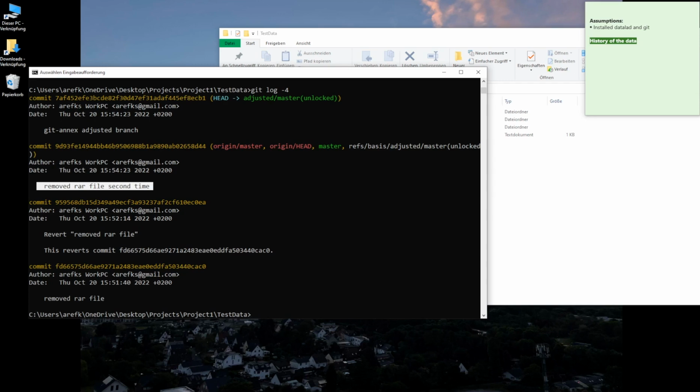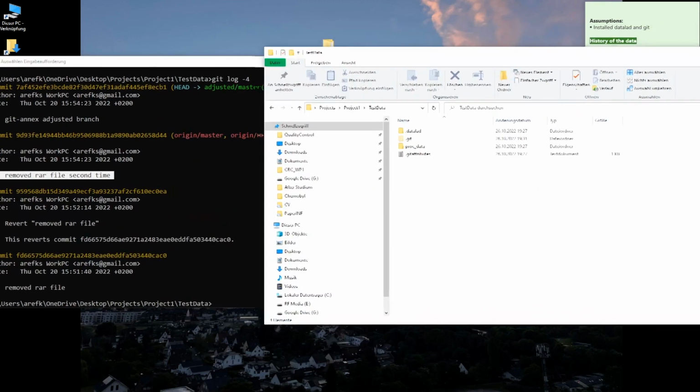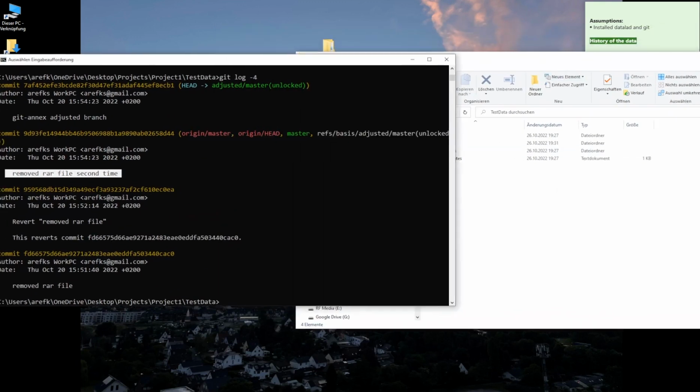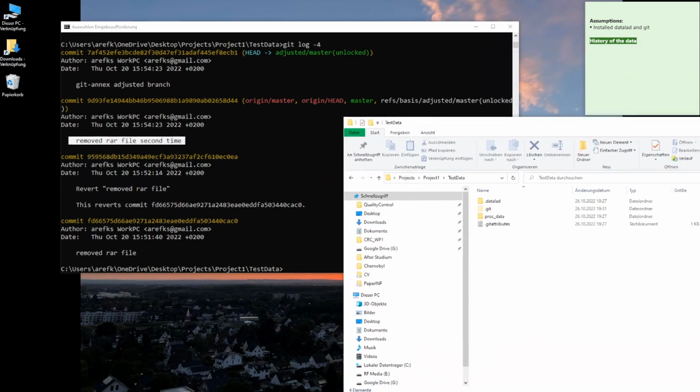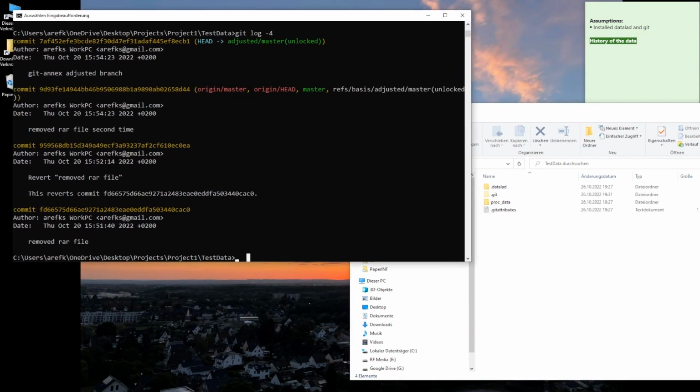Now, let's say there was a RAR file here actually that contained some other data. What I want to do now is revert back in time and see what that RAR file had. Or I want to use some data and I made a mistake, I deleted it accidentally, but I can retrieve it again. How can we do that? We will do that with the help of